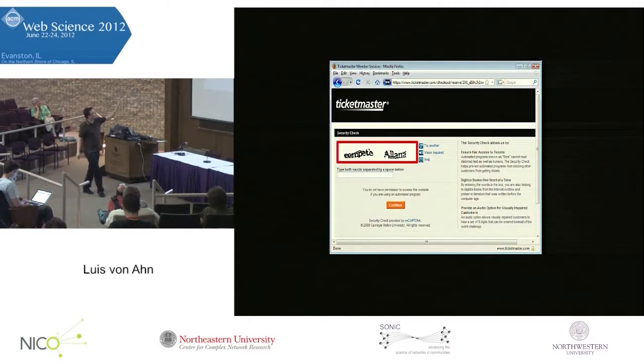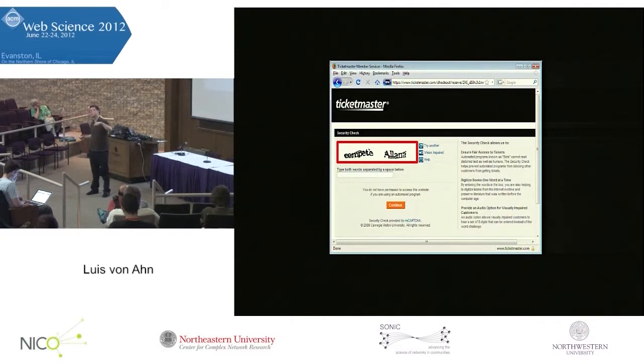Now, the reason there are two words with reCAPTCHA instead of just one is that for one of them, we already know the answer. We use it to figure out whether you're actually a human or not. That's the one we use to figure out whether we should let you buy tickets or not. The other one is a new word that we don't know the answer to. We don't tell you which one's which. We just say, please type both. If you type the correct word for the one for which we already knew the answer, we assume you're a human, and we also get some confidence that you typed the other word correctly. If we give the same new word to a bunch of different people, and all of them agree on what it is, then we get one more word digitized with very high quality. This is basically how it works.